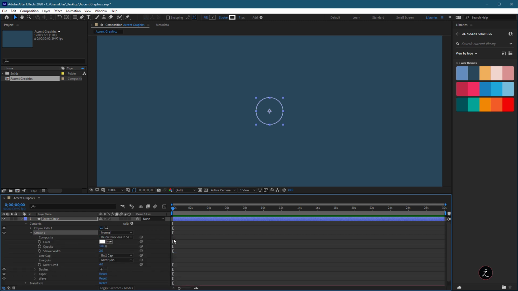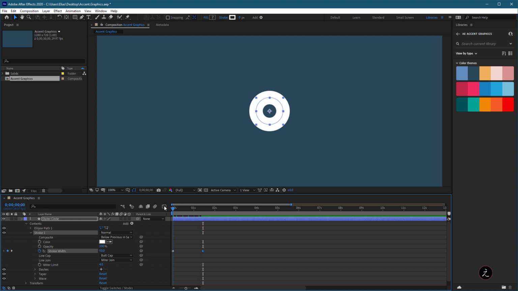So for the stroke, I'm going to target the stroke width. The stroke width right now is set to 2 pixels. First of all, I'm going to create the first keyframe by clicking on the stopwatch. And I'm going to set the stroke width to something big, let's say 50 pixels. Then I'm going to scrub the current time indicator to perhaps 1 second or so, and set the stroke width from 50 down to 0. And After Effects goes ahead and creates a keyframe for us.